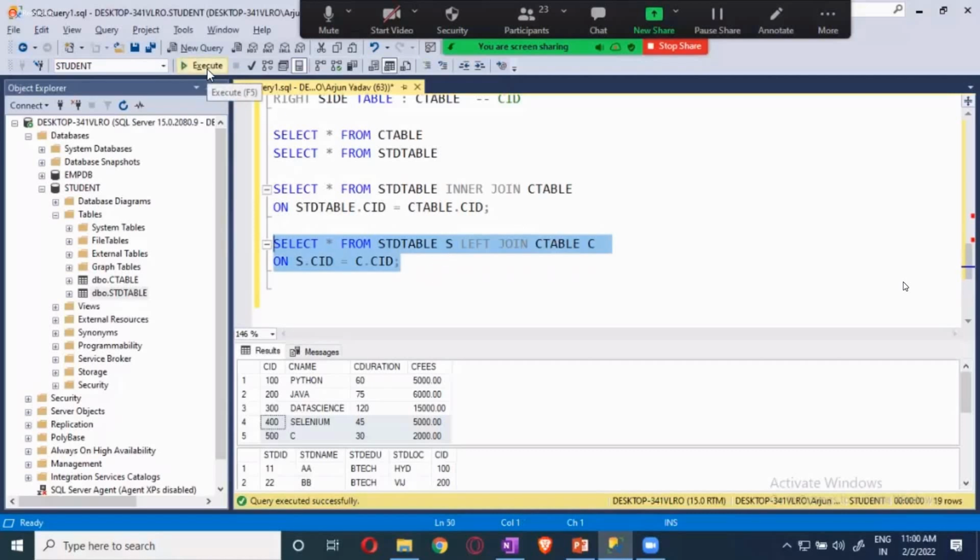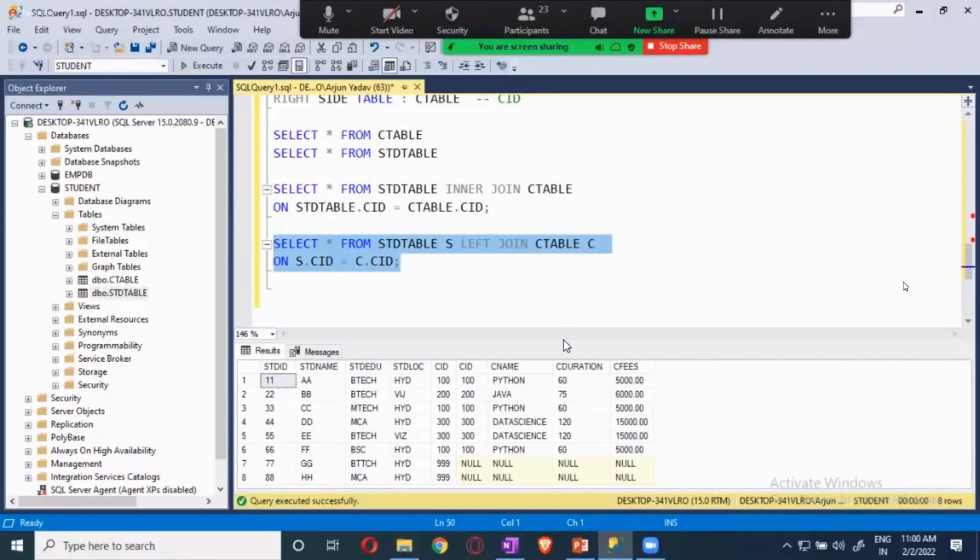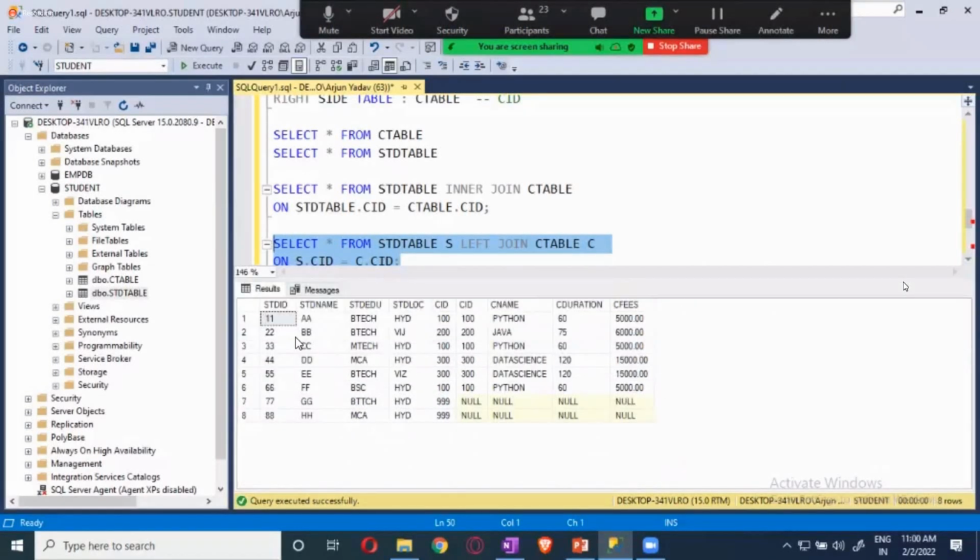Now that you can check, I will run it, guys. Now you will be getting it. It displayed all the details of the students. Even 7 and 8, which do not have any matching course ID in the course table, are shown. But whoever has the same course IDs as the course ID of the course table, only those details are presented from the course table, guys. And these two do not belong to the course table. So what we got is a null value. Okay? Null value.